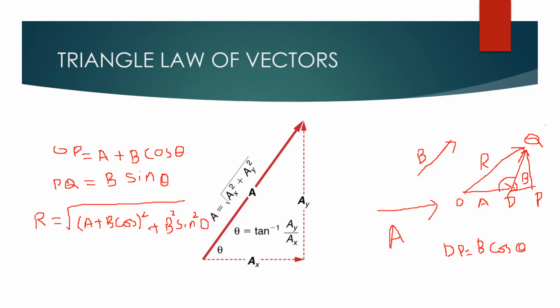What will we get? We know a plus b cos theta the whole square can be written as a square plus b square cos square theta plus 2ab cos theta, and here it is b square sin square theta. So b square cos square theta, b square sin square theta, b square will be left common, and cos square theta plus sin square theta is 1, and therefore we get the final answer R as equal to